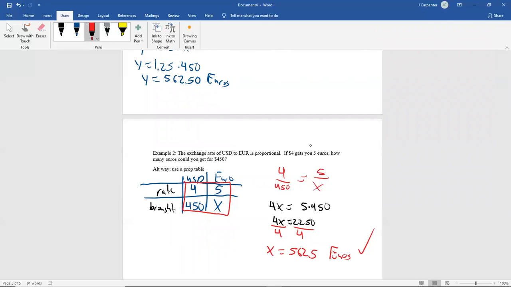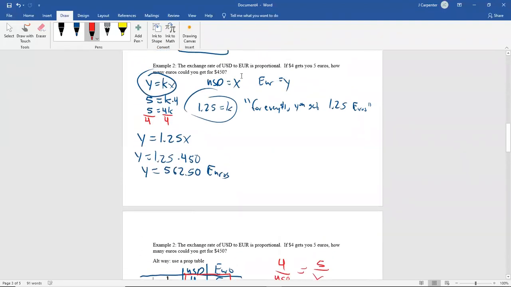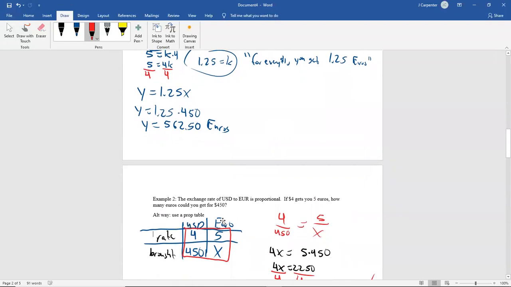Unless the problem asks you what is K or what is the for everyone, you get this of how many other things, it would not matter which way you set this up. So if you just don't like tables for some reason, you can take any table and turn it into a y equals kx as long as you write down what you're calling each variable. And as long as you're pulling things from appropriate places, so that means you still have to understand the idea